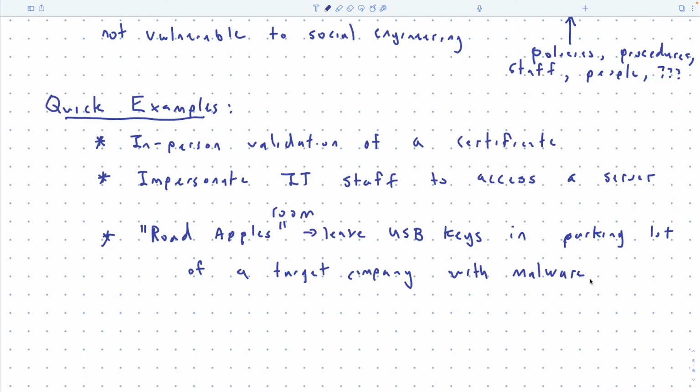It was speculated that initially it was this road apple approach that got a predecessor to Stuxnet onto the system that just did monitoring. So they were able to figure out how the whole system worked and what components are used. Then they came back with Stuxnet, the malware specifically targeted for those exact components, down to the manufacturer of the components that were used. So that's a very high profile geopolitical example of road apples.